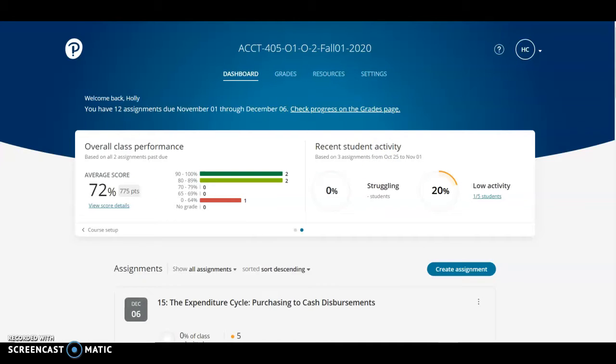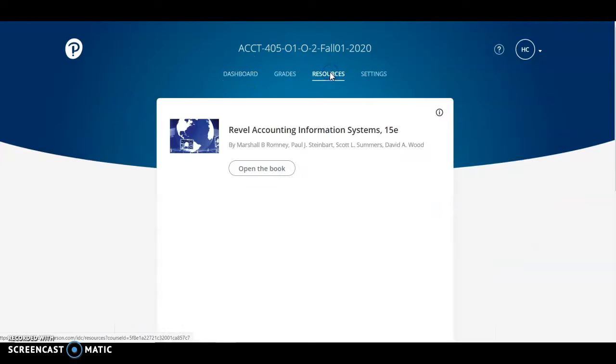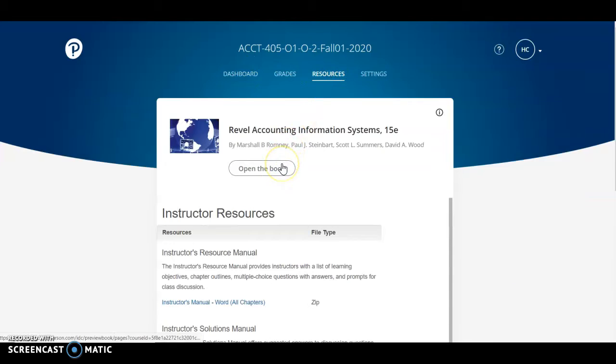So in my Revel course, again, yours is going to look a little different. It brings up your dashboard. It tells you how you're doing. I'm going to click on resources, and that's where your book should be. If yours is not, please let me know. If we go to open the book,